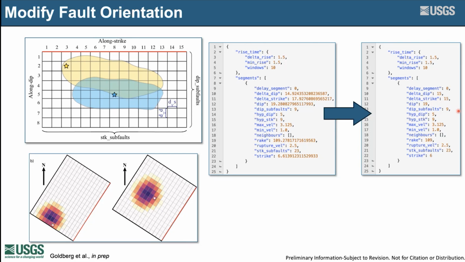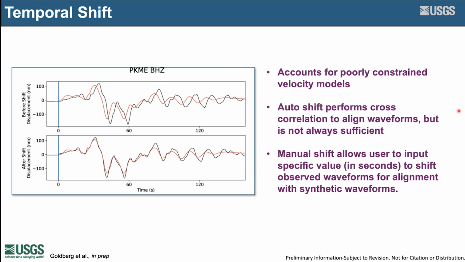So one other iteration that I make pretty much in every model is a temporal shift. Temporal shifting is a critical early step to account for poor velocity models. So basically, WASP calculates the arrival time of these different phases based on a one-dimensional velocity model. And so often that results in there being a temporal offset between the observed phase arrival and when WASP thinks